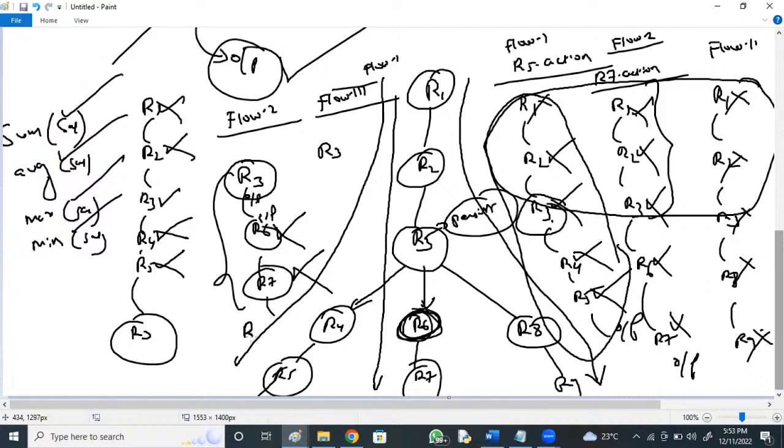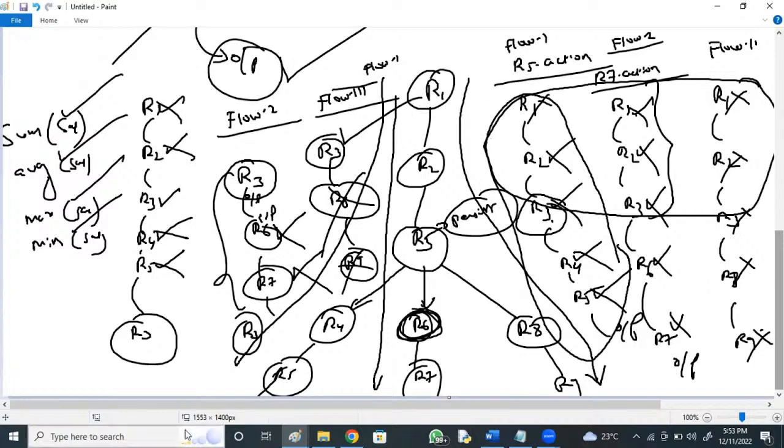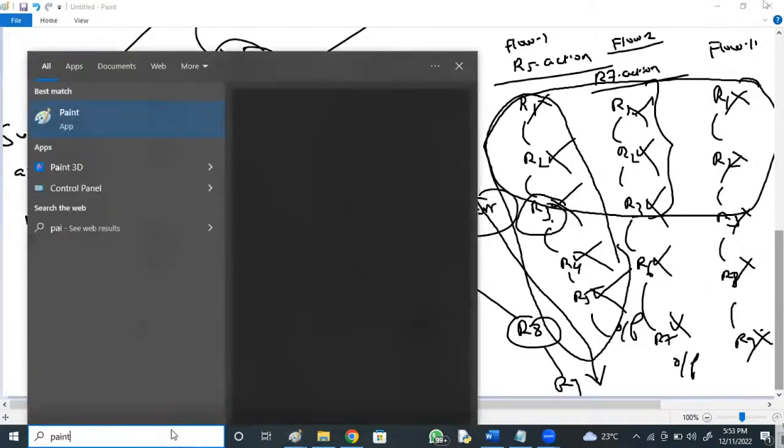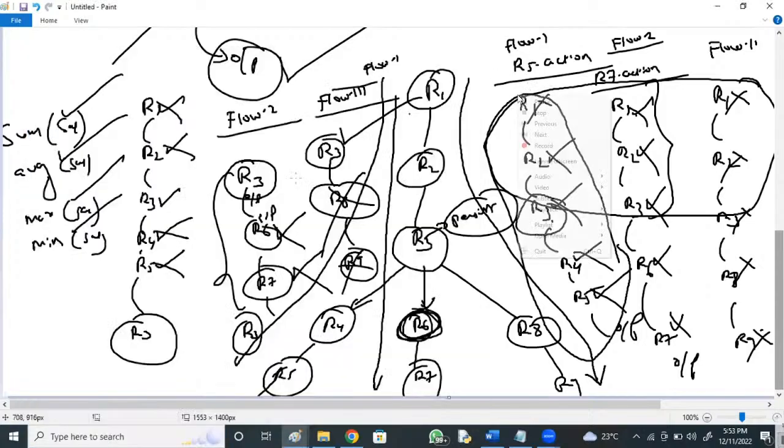Now what is present? R3 is present. When R3 is present, I can directly take the R3 output, and R8 and R9 will be computed. Once the execution is finished, all this will be removed, only R3 will be available. Here you may ask what advantage you are getting. Here it is a small flow, but if it is a bigger data flow,